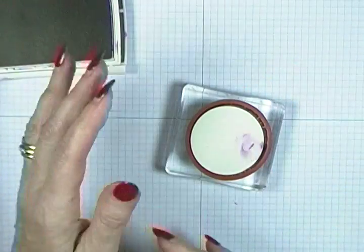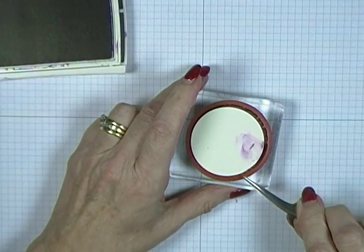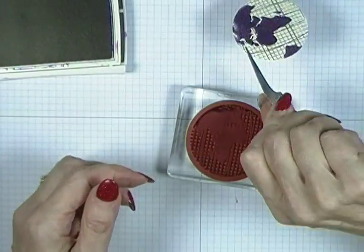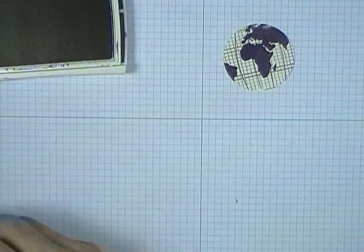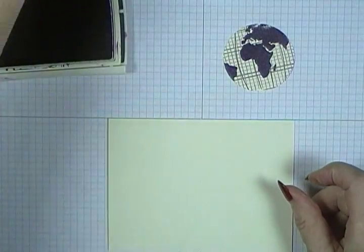You're going to get a little bit messy, but my ladies will tell you, I always say, if you don't have ink on your fingers when you finish stamping, then you didn't have any fun. So that gives us our globe. And then on my insert, I think all I'm going to do is to take this